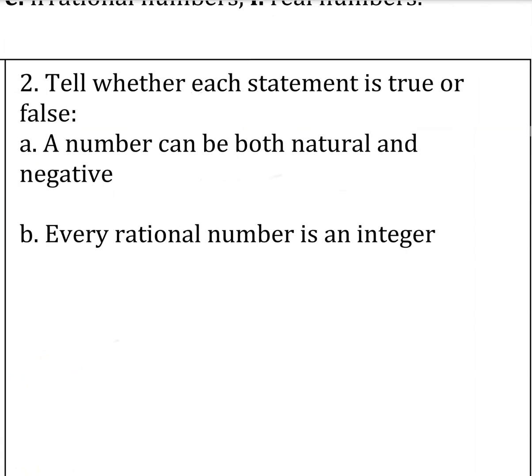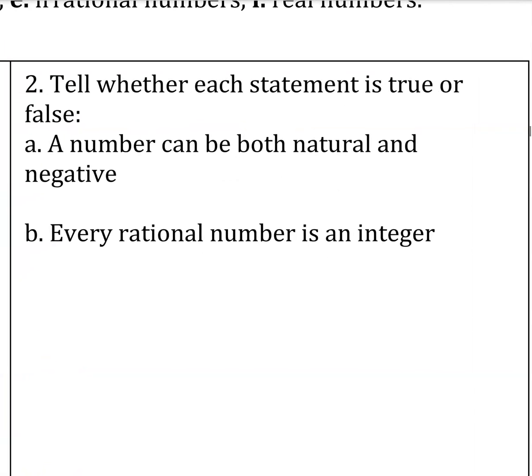Okay, number 2, tell whether each statement is true or false. So this is a 2-part question, so we're just going to see part A first on our screen. A number can be both natural and negative. So our natural numbers, remember, those are the ones that I can count on my fingers. So 1, 2, 3, 4, 5. Can't really count negatives. So that's going to be a false. So you'd push false, you'd push enter, it would say good job. It would give you a new one,